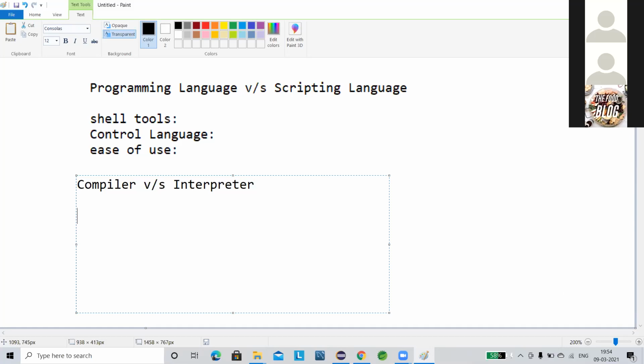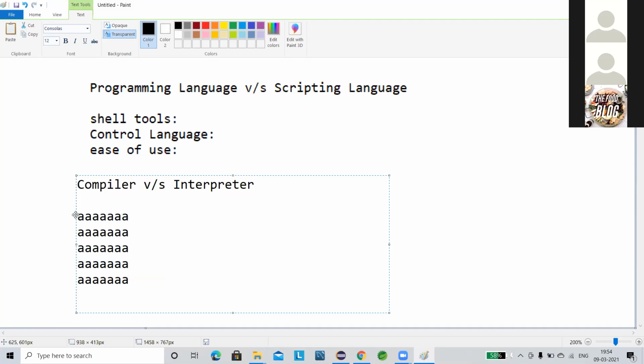Now just tell me one thing. Suppose I have written 5 lines. Let me write it as A. When the backend is going to execute this file, as you said, the interpreter will execute line by line. First it will read this line, then this one, then this one, and so on.